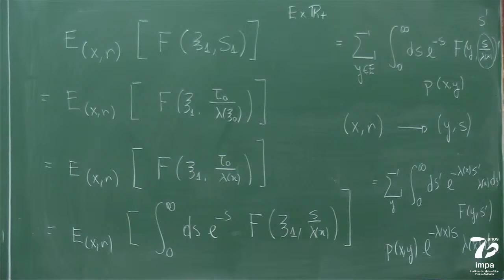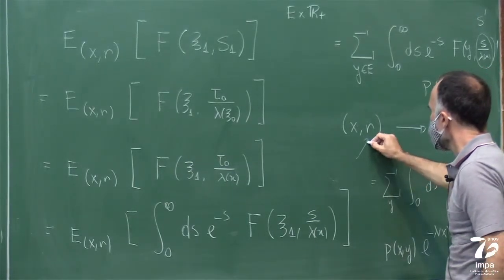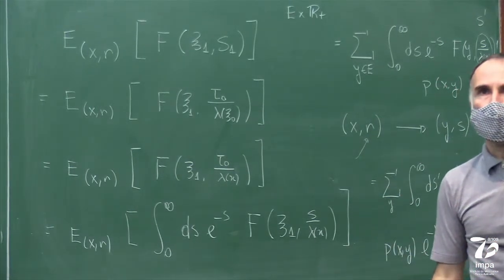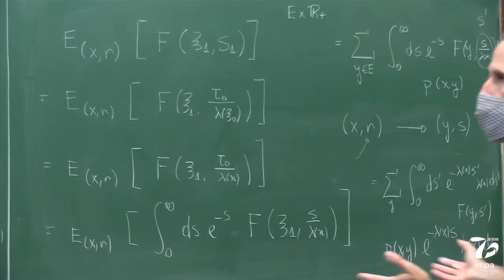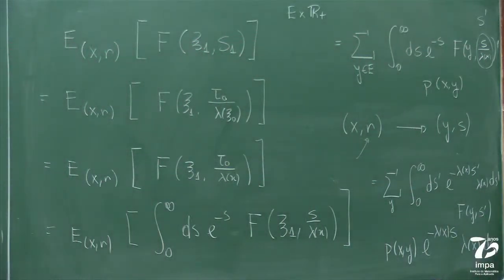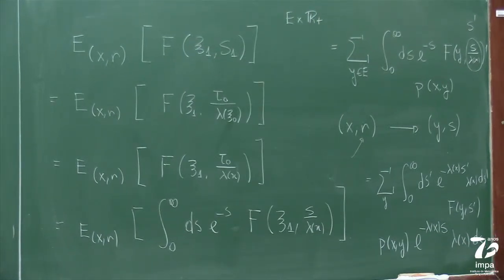And mind that this measure does not depend on R. Okay, so it's a discrete time Markov chain with that transition. It's not a matrix anymore, with that transition measure. So I define the measure in E times R plus, which tells me